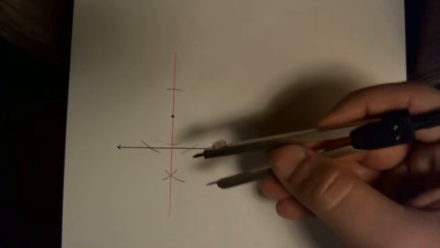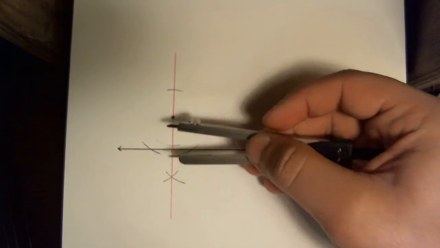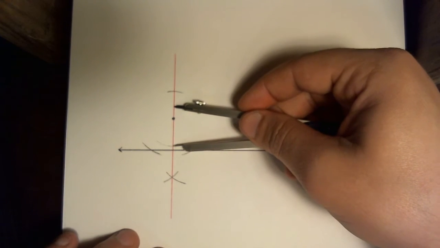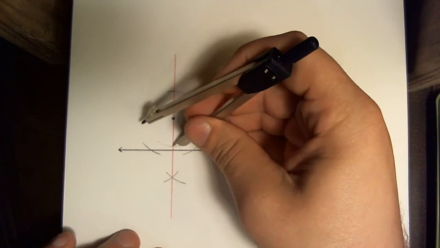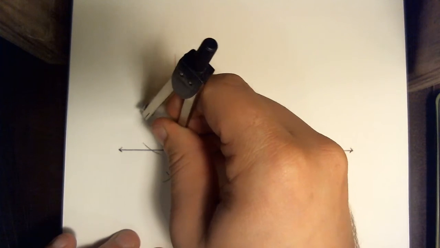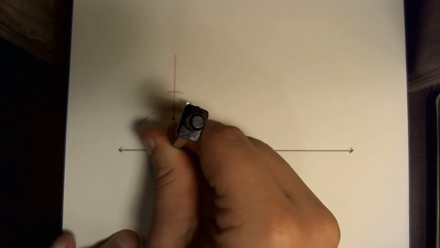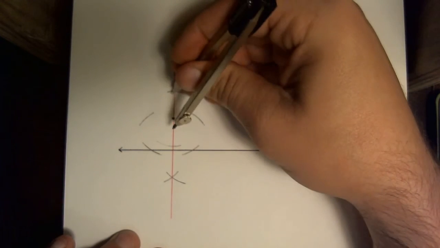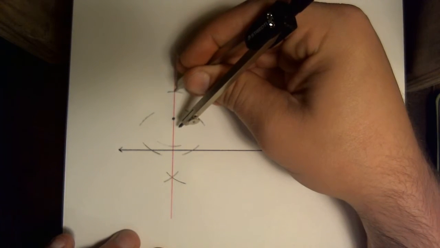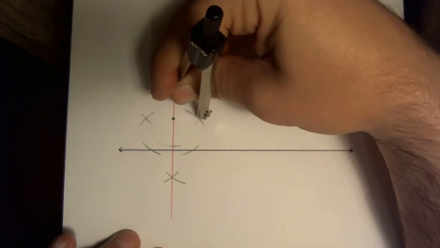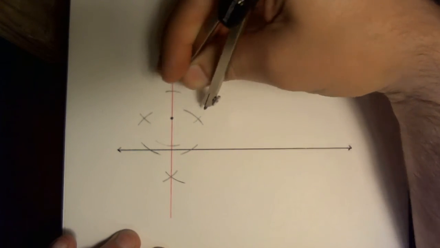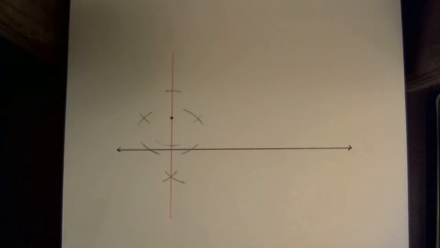And if you remember how we do that, we're going to take our compass and adjust it to be more than halfway, so you can see now that it's past that midpoint. And I'm going to create an arc on the left side of our new line and on the right side. And then I'm going to move the non-writing point to the other end of that line segment. I'm going to create an arc that crosses here, and a second one that crosses here. And now I can see that I have 2 points that when I connect them, it's going to end up going parallel